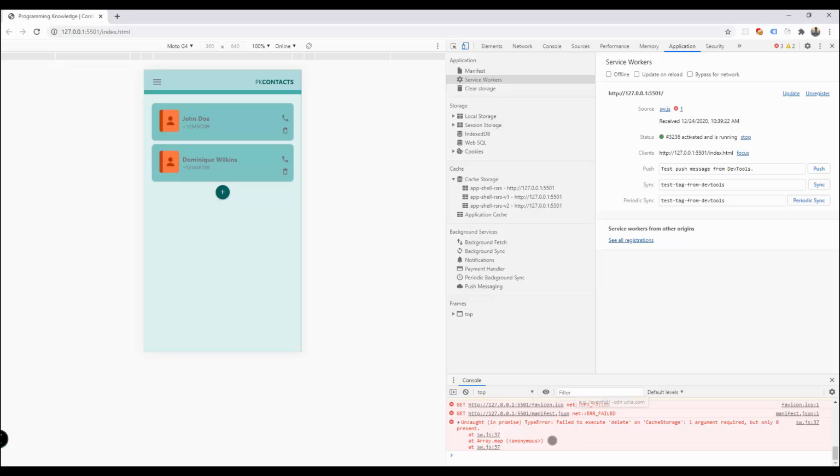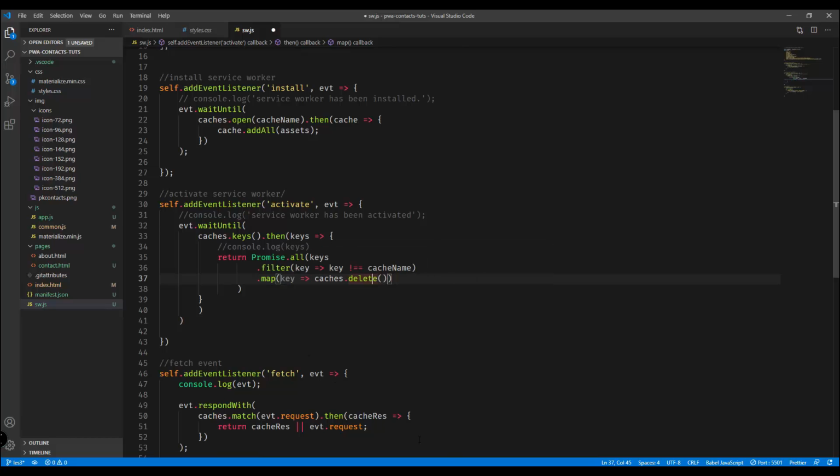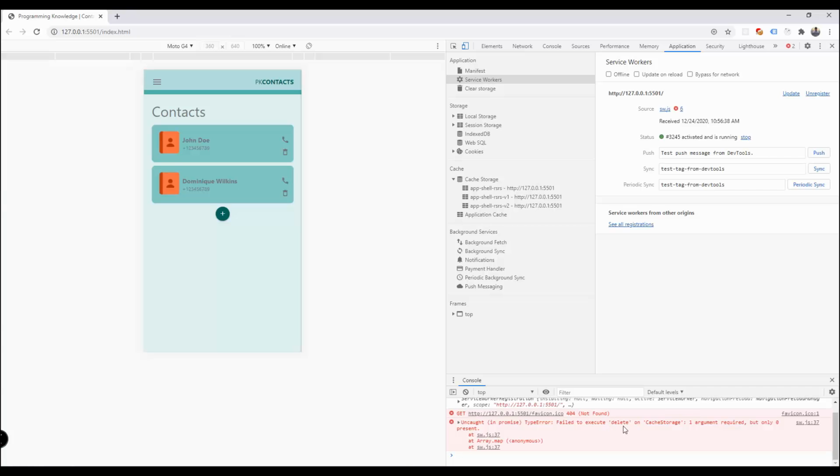But we're getting the error right here: failed to execute delete on cache storage, 1 argument required but only 0 present. So we need to figure out what is wrong with our code inside our service worker. It says right here, service worker.js, line 37. So failed to execute delete on cache storage, 1 argument required but only 0 present. So let's go back right here. We're getting this particular error right here: failed to execute delete on cache storage, 1 argument required but only